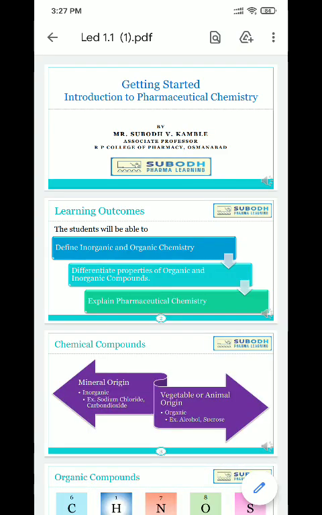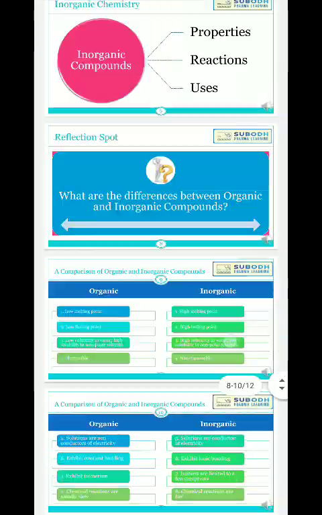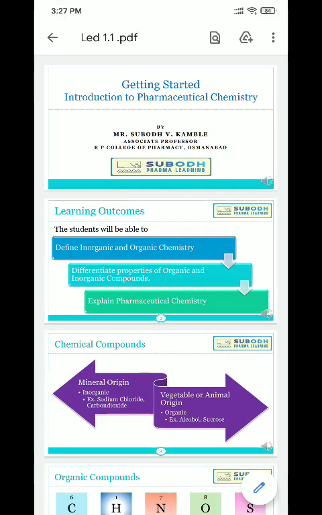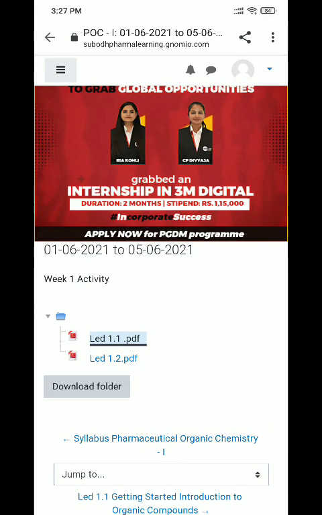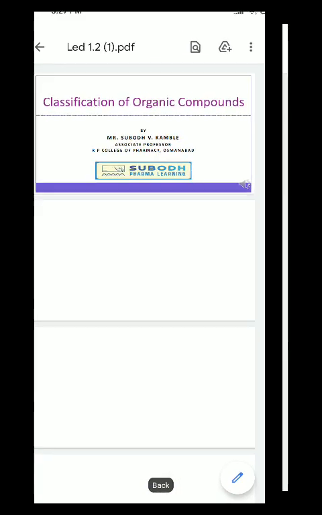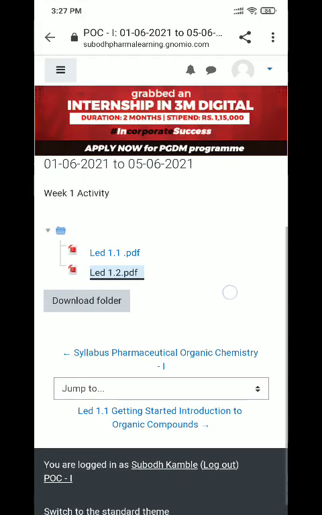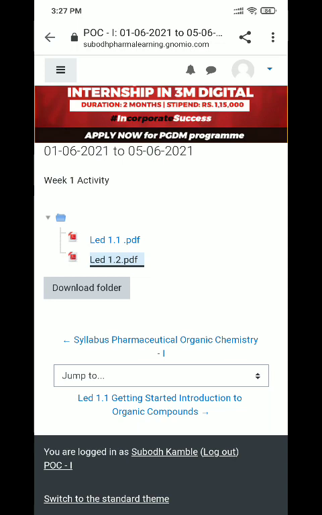After downloading, the PDF will open, and here the presentation of the video is given. After downloading, you can go to the next activity, that is LED 1.1 getting started introduction to organic compounds.